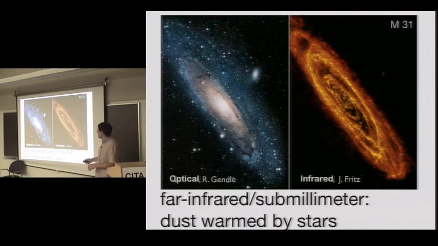See what I mean? Also keep in mind that what is most efficient at heating this dust is very energetic light, UV light, the kind of light that comes from young hot stars, the kinds of young hot stars that are found in star-forming regions. So not only is this showing you the light that you couldn't otherwise see because it got absorbed, but it's tracing the star-forming regions in these galaxies. So dust is a tracer of star formation in galaxies.